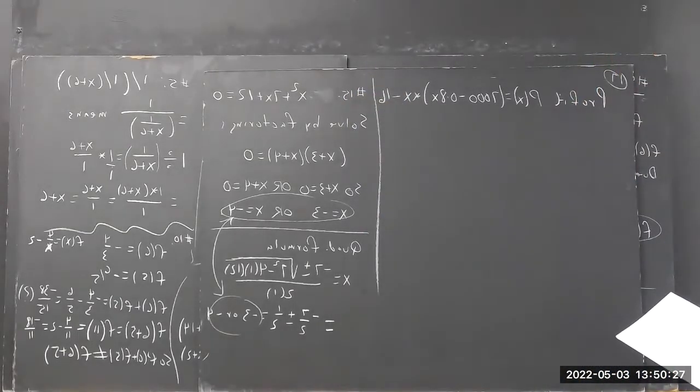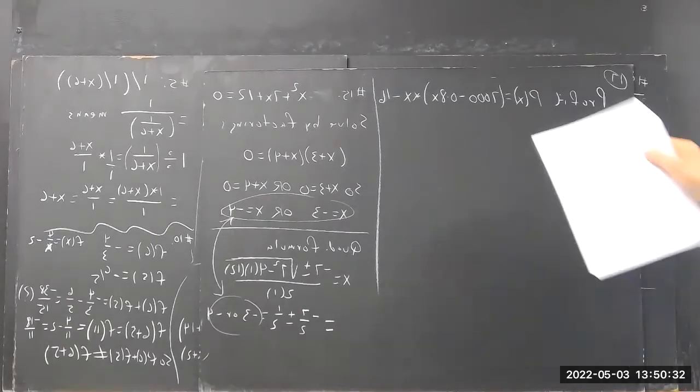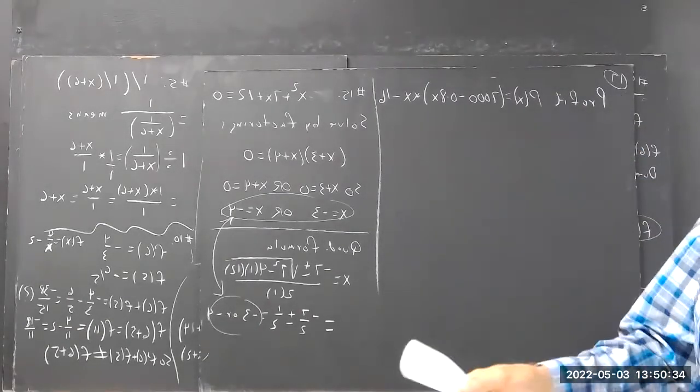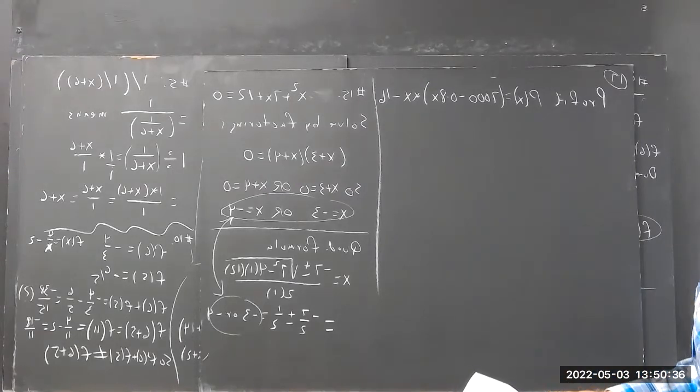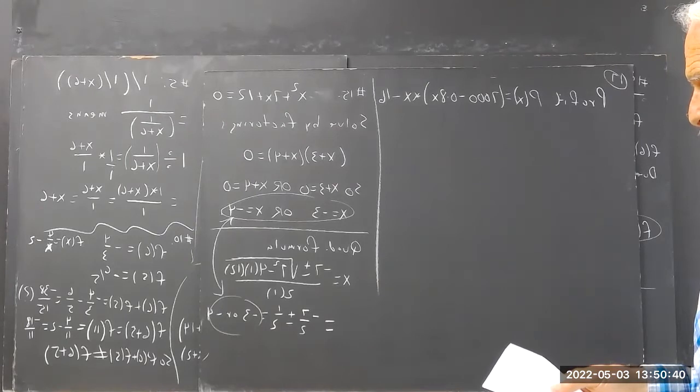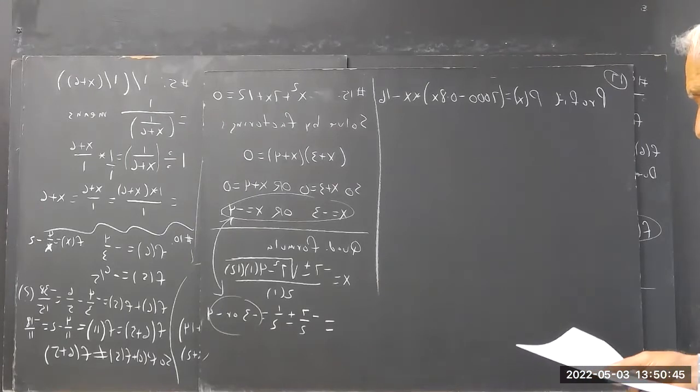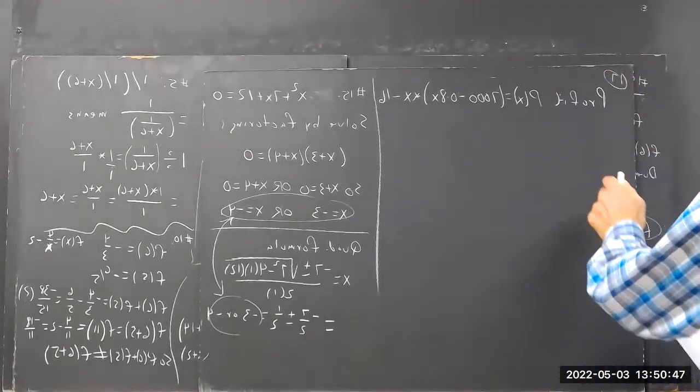There's your profit. Okay. And x is the price you charge for a widget. So